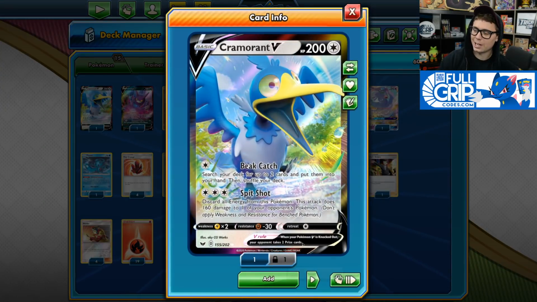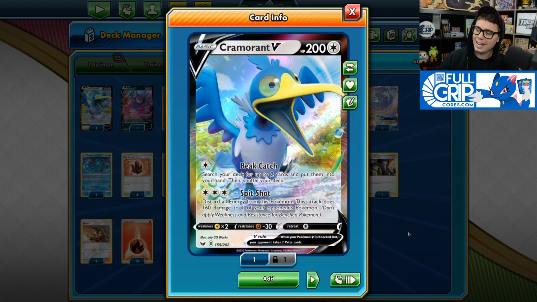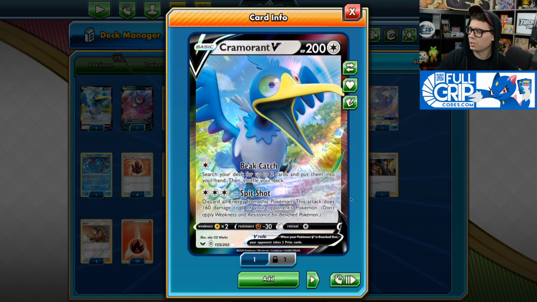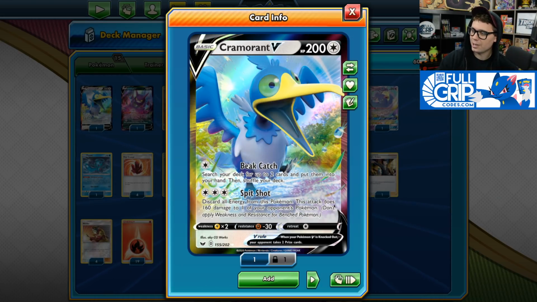Cramorant V is another great attacker in this deck for its Spit Shot attack, which deals 160 damage to one of your opponent's Pokemon, and you do have to discard all energy attached to it in order to use it, but it's great for finishing off the game, especially if your opponent has a Dedenne-GX on their bench, which conveniently